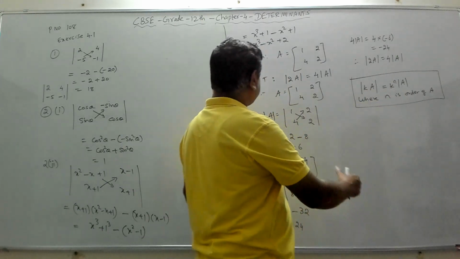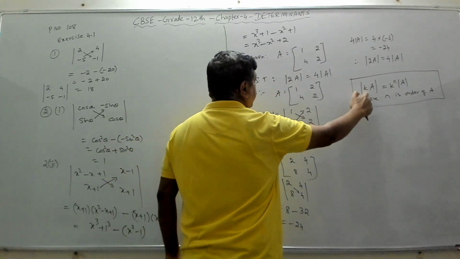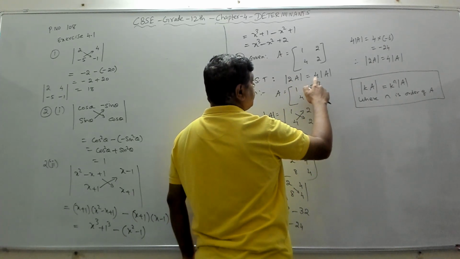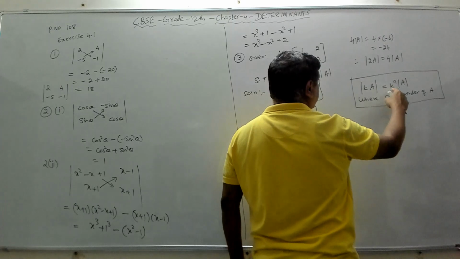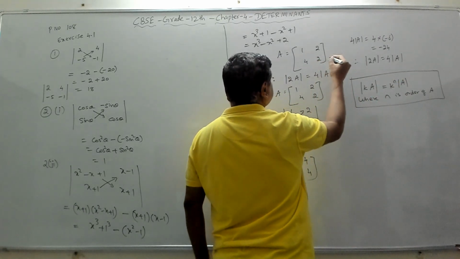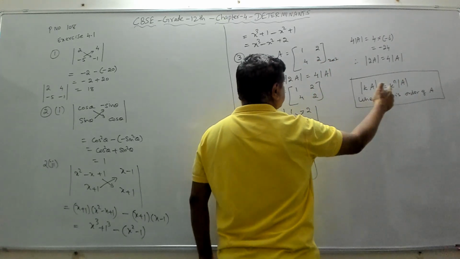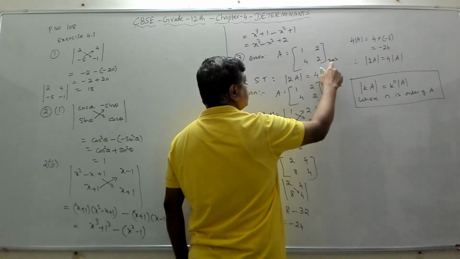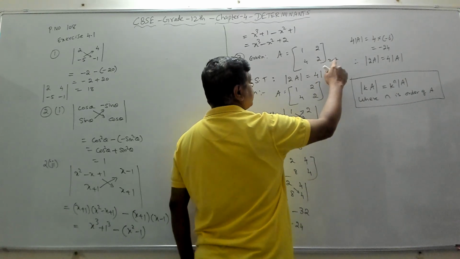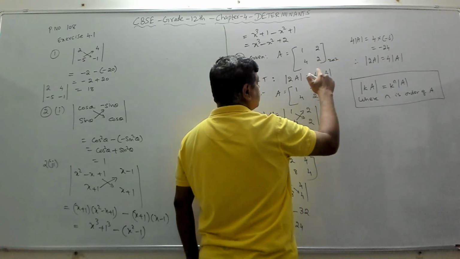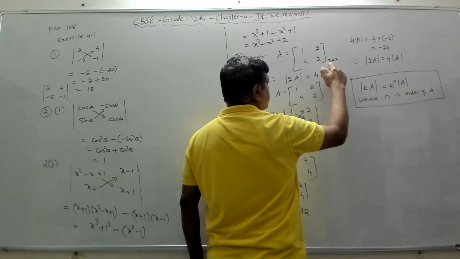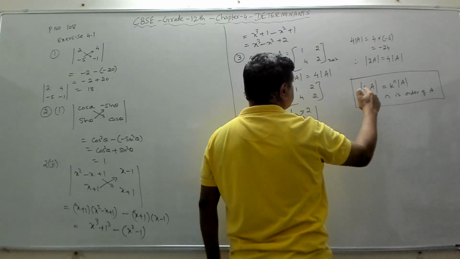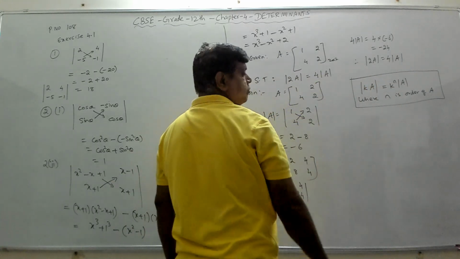So here also it is satisfied. 2 is like K. So determinant of 2A is 2 power 2, because K is 2 and the order of A is also 2, as A is a 2 cross 2 matrix. It's an n cross n, a square matrix, right? If you substitute K equals 2 and n equals 2, you'll get 2 square, which is 4, so this is 4 times determinant of A. So this is always true.